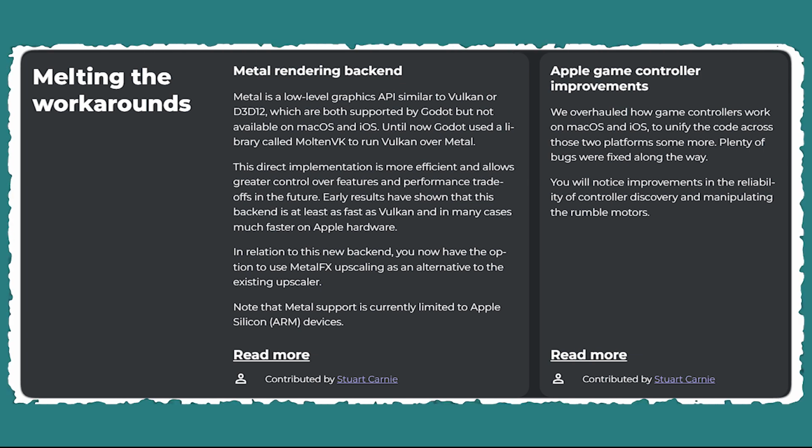Early results have shown that this backend is as fast as Vulkan, and in many cases faster on Apple hardware. In relation to the new backend, you now have the option to use MetalFX upscaling as an alternative to the existing upscaler. Basically, this means you now have more options for using Metal, and I really appreciate Godot working to